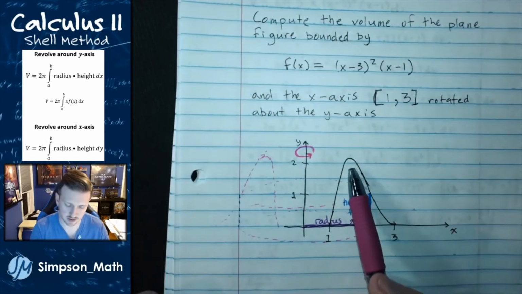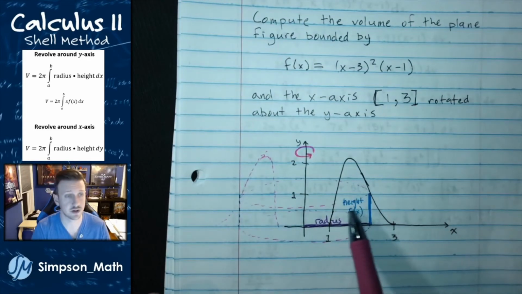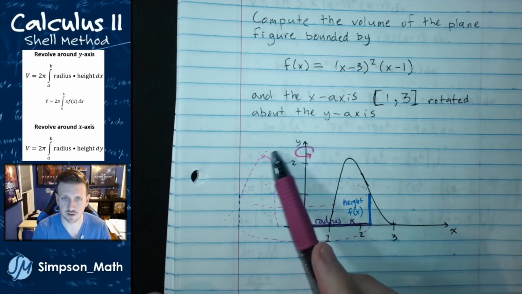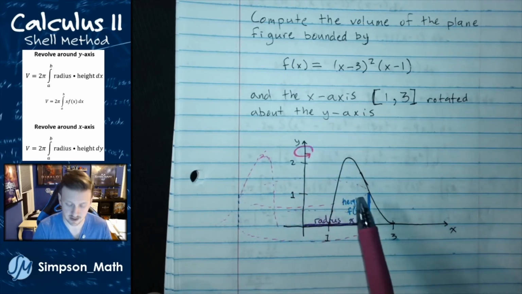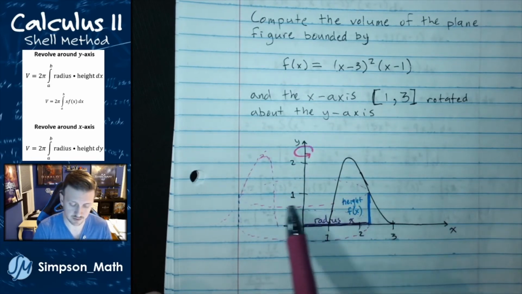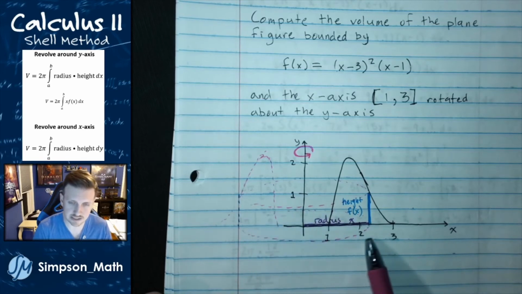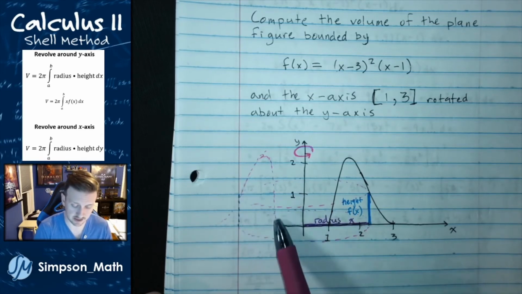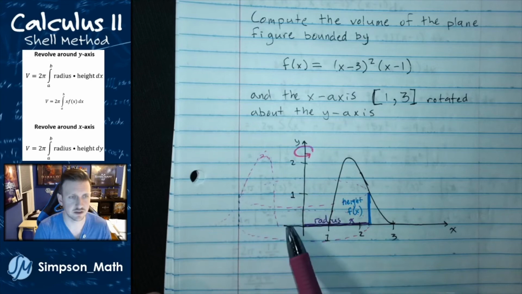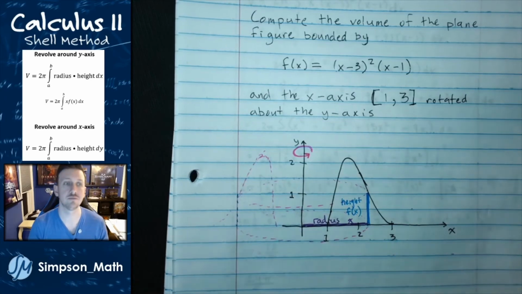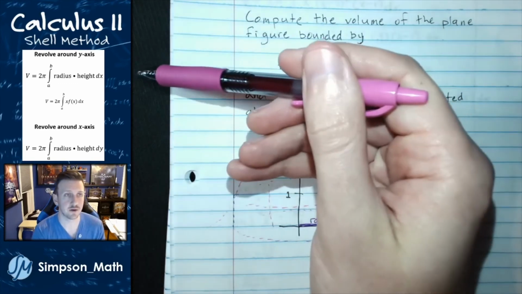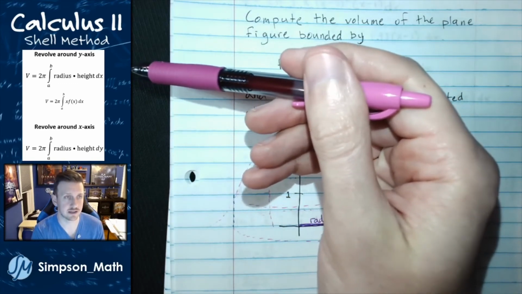Okay, so here's our region that we're looking for. We just saw that over there, revolving around the y-axis. There's a bit of the circumferences that we're looking for, there's that height, and there's that other cross section that we would see. All right, so if you look above my head, if we're revolving around the y-axis,